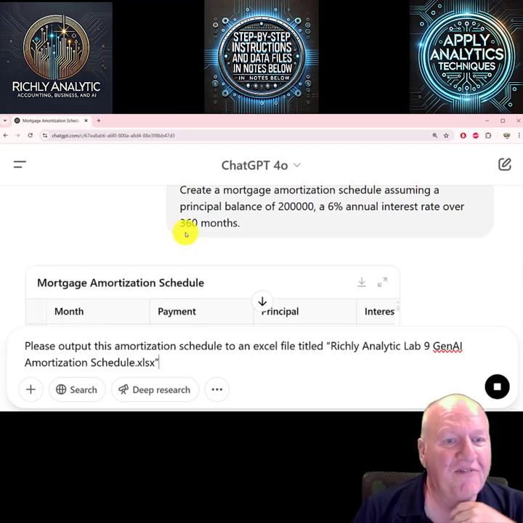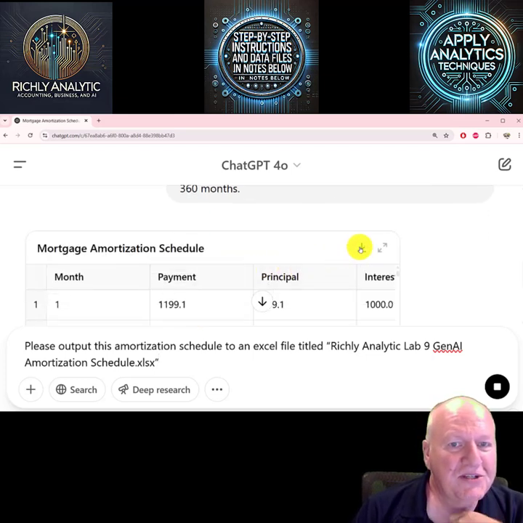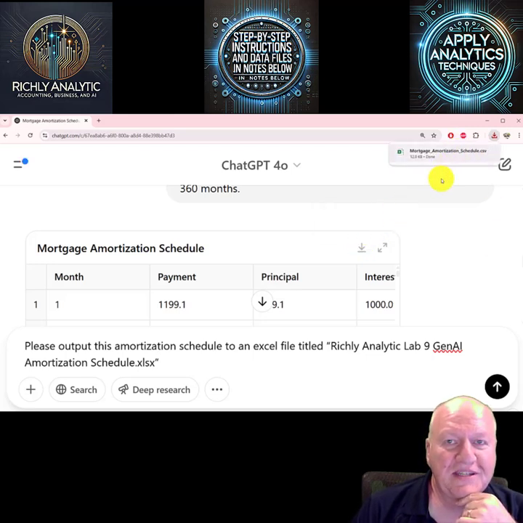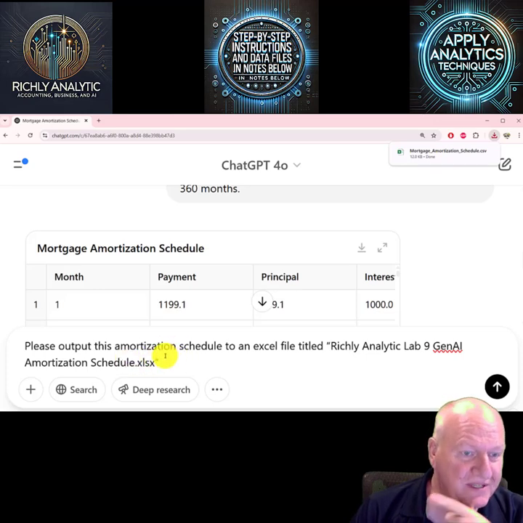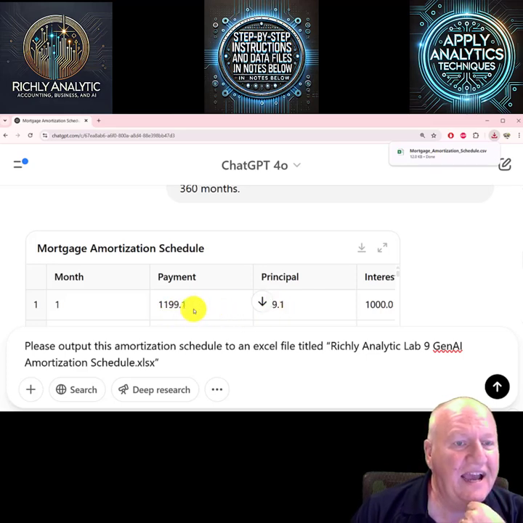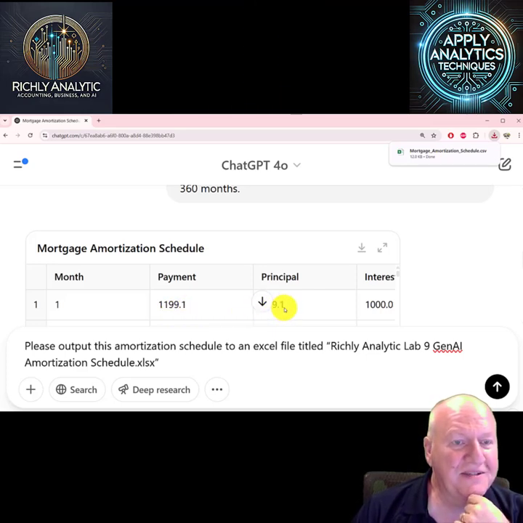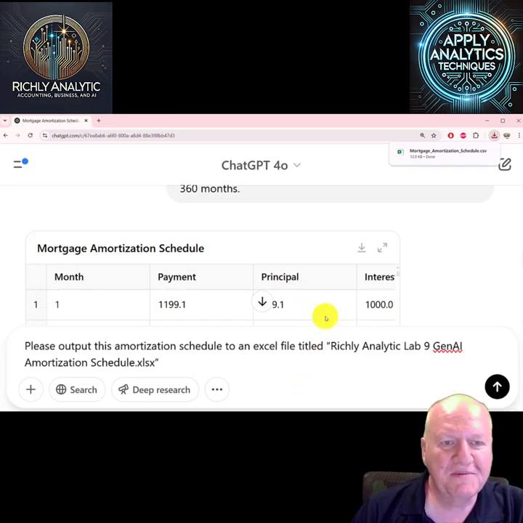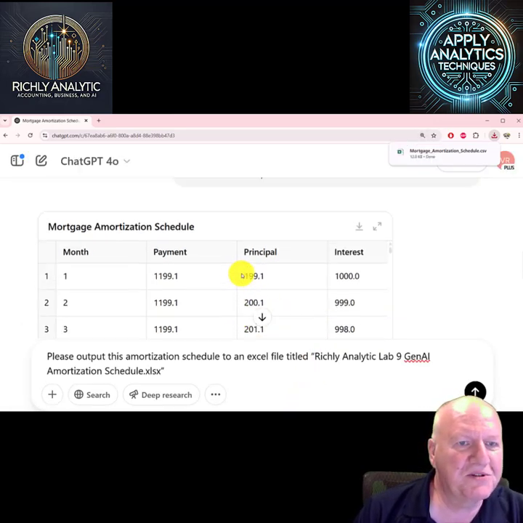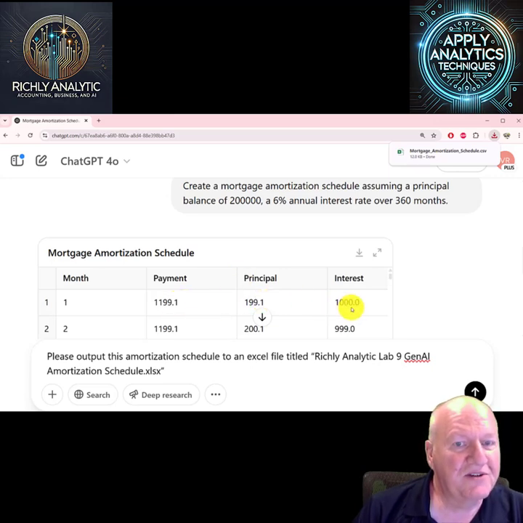Though it provides these details, which are very useful, you can just go ahead and download that directly, and let's see what the download looks like. It looks like it's going to a CSV file, a comma delimited file, or I can say, let's print it out to Excel once I enter this instruction. But I can see the monthly payment of $1199.10. After that, I pay down some of the principal, I pay down the interest, and I can see what that looks like. This is kind of in the way here, so let's make this a little bit smaller, but you can see how much goes toward principal and how much goes toward interest.